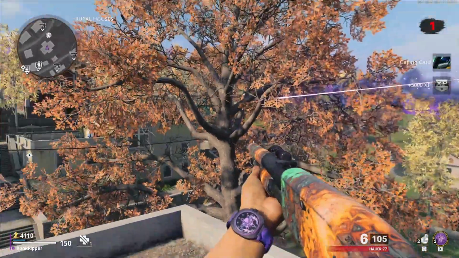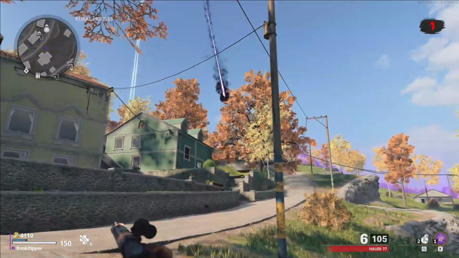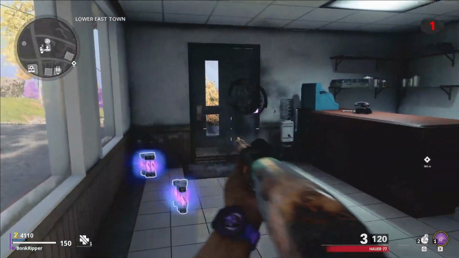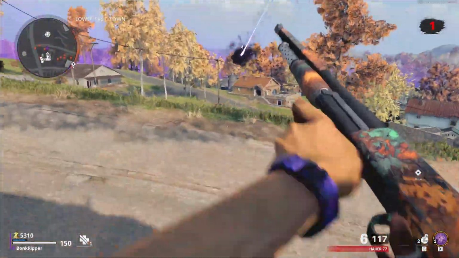What you want to do with this is simply just shoot it. Fill it with lead. And the more damage you do to it, it will actually drop essence. So this is a really good way to gain points for later in the map. So once you do shoot it, it will travel to another location where you'll have to track it down and